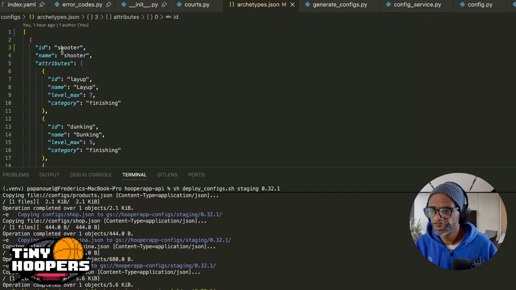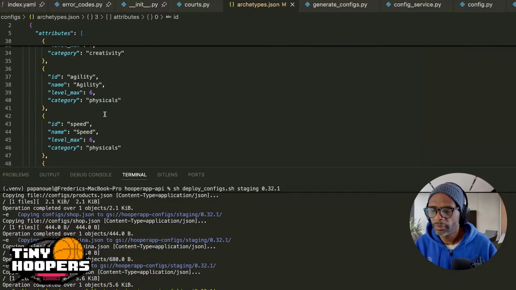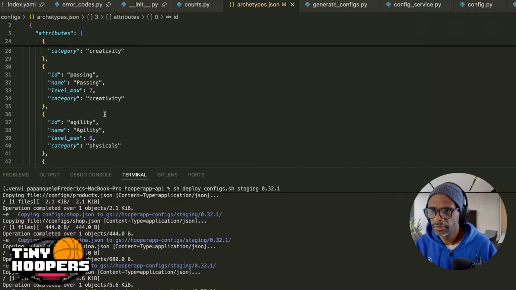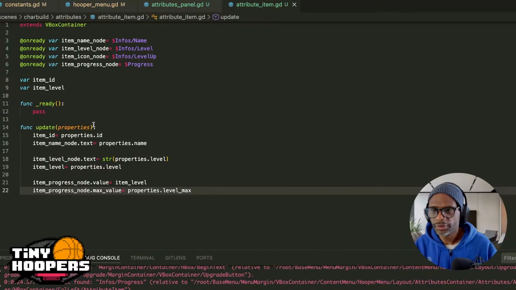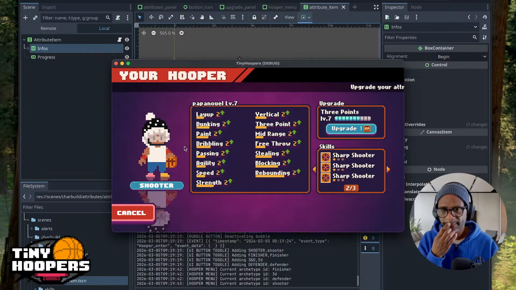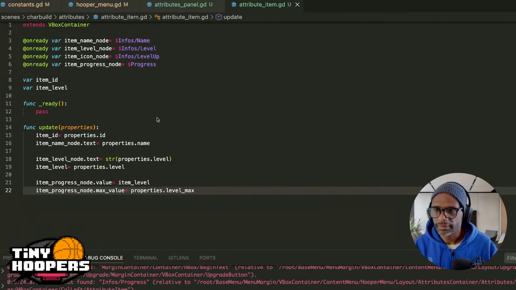Or shooter? Shooter is the first one. So normally, what is it? Dunking, dribbling, passing, agility. Okay, so the order is already weird. Dribbling, passing, agility. Okay, everything is messed up. Okay, anyway, so